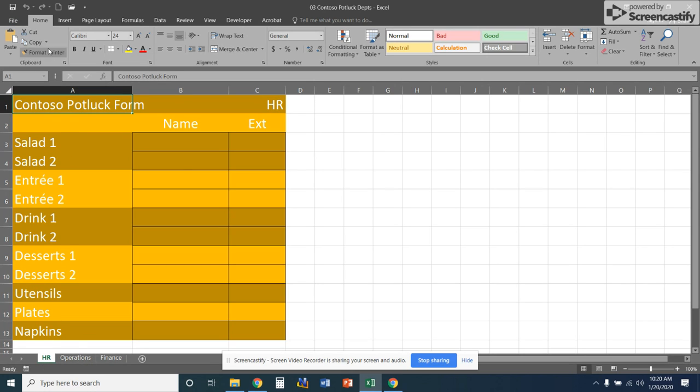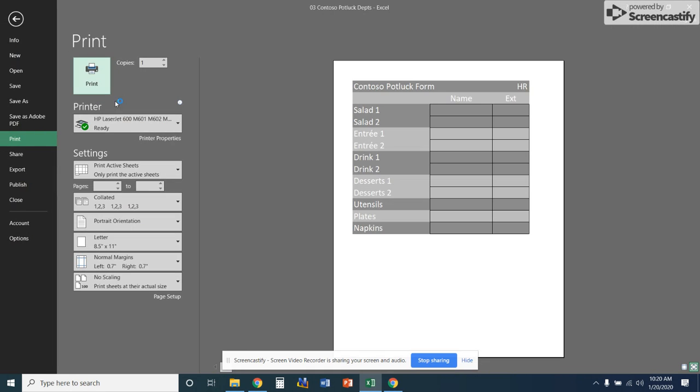If we go to Backstage to print, or we can use a shortcut on our keyboard, Control plus P, you'll notice that by default in the settings it says Print Active Sheets. So it's going to print one sheet. This is the only one. It says 1 out of 1. So if we hit Escape or hit back,